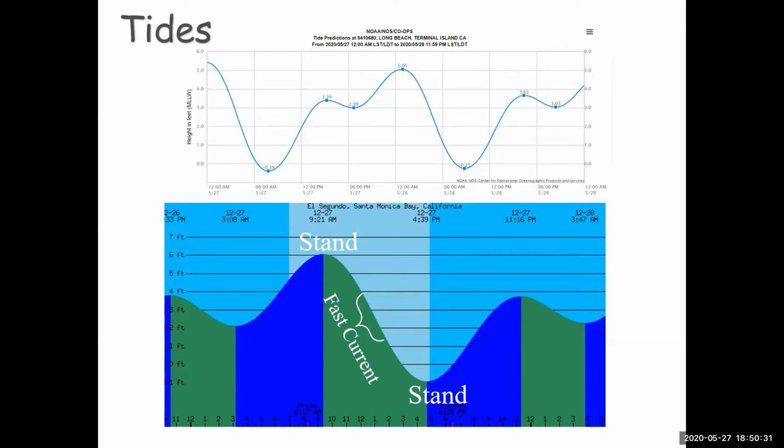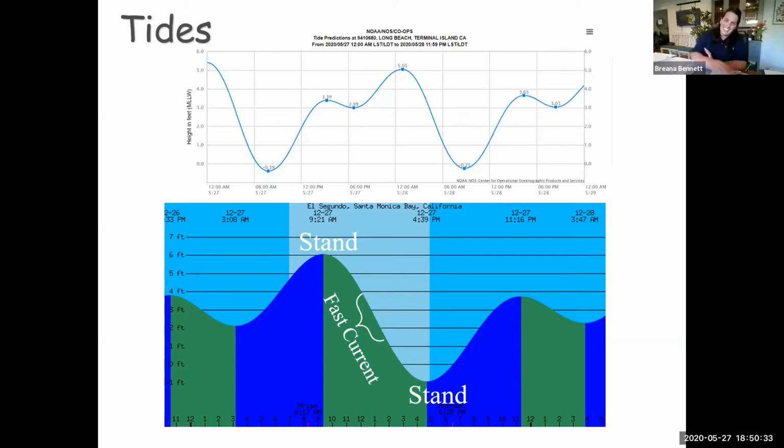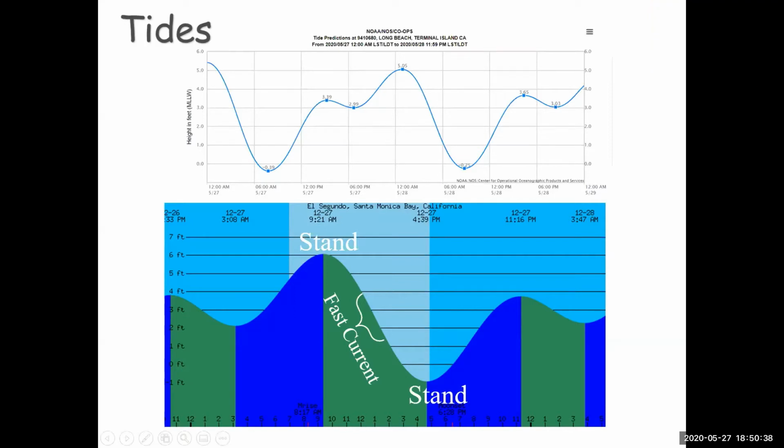Hopefully not earthquake. No. Because this is what's really crazy, on the Pacific side of the Panama Canal, if I remember right, you have the semi-diurnal with like a 12-foot range. On the Atlantic side, you have